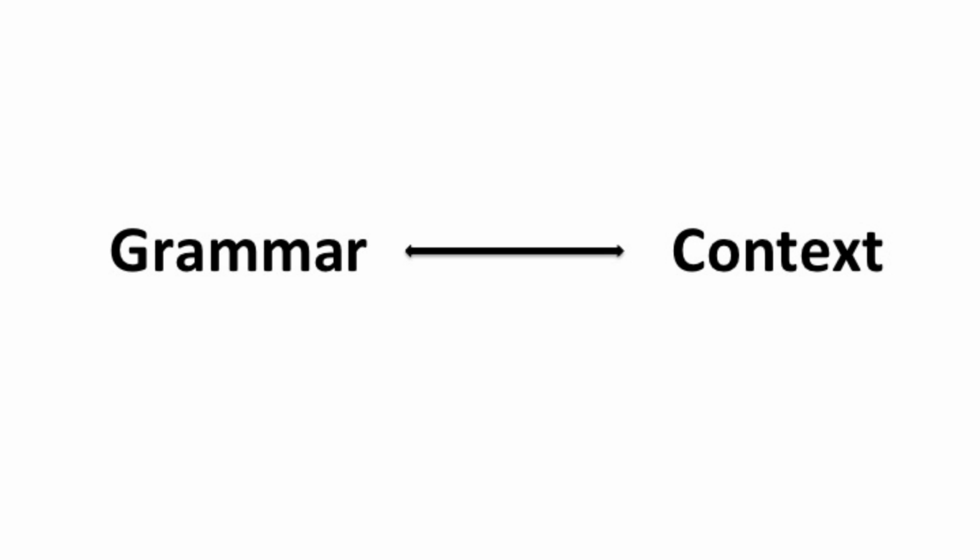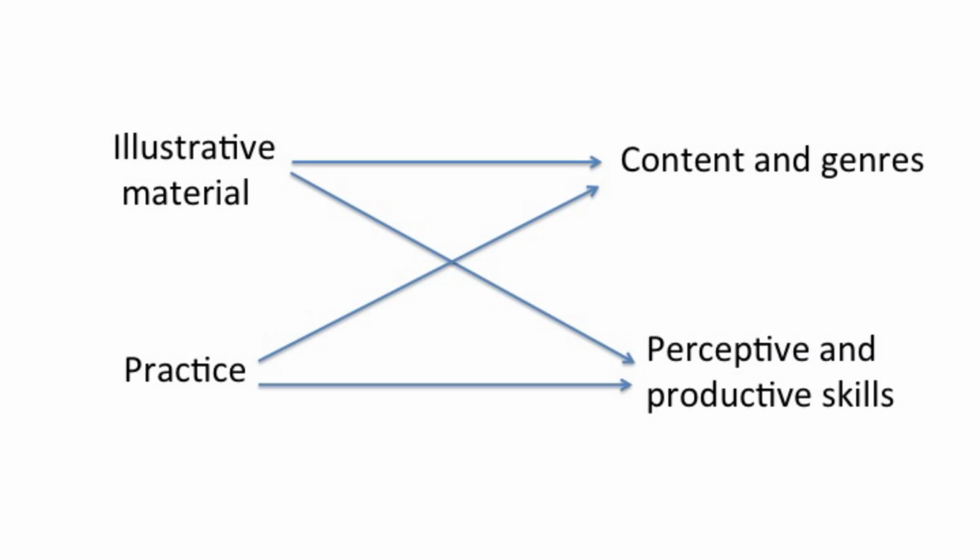The roots of the problem seem to be in the disconnection of grammatical material with the content side. They simply don't see the link between what they study in grammar class and the material they deal with in other kinds of activities. Hence the solution, where English for specific purposes is concerned: not only should the illustrative material